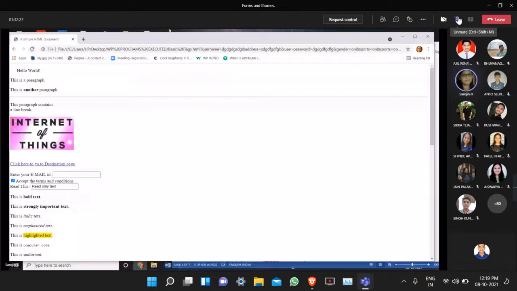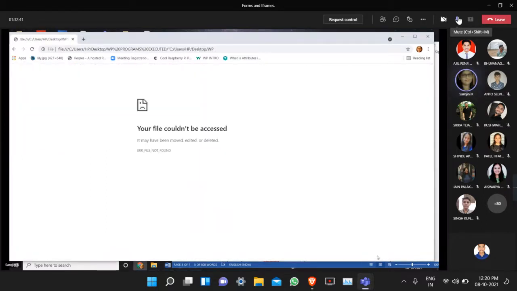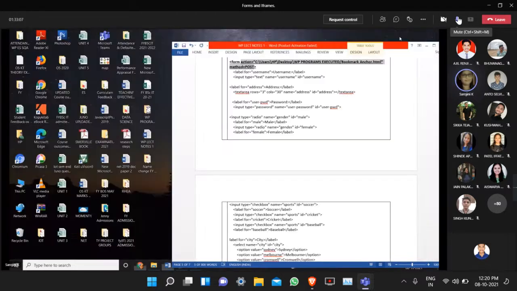Let me see the output. I refresh and scroll down. Now I click submit. It is not in that page. I have given a link, so it is redirected to some other page. Which page did it get redirected to? It redirected to the folder which had that file. Wait a second.